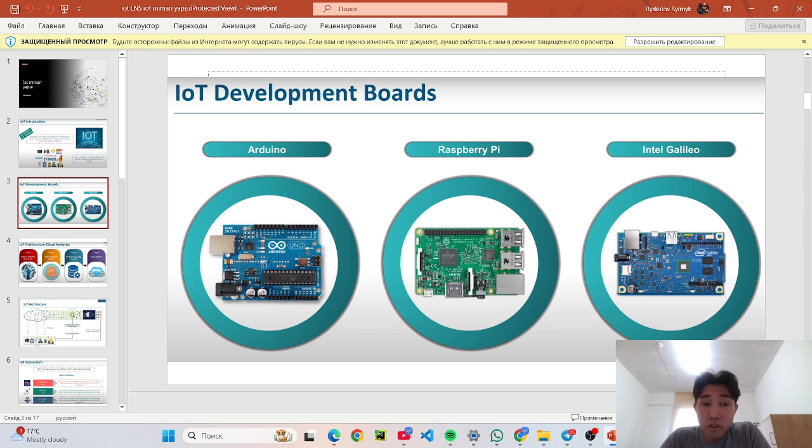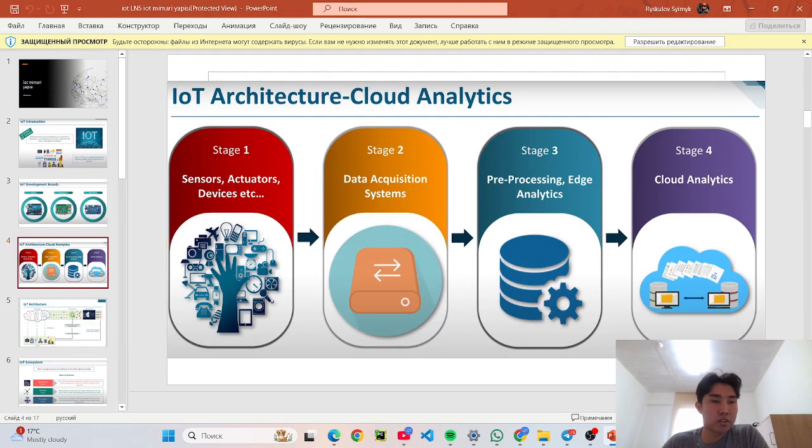Devices must be compatible, but different manufacturers use varying standards and protocols, making integration difficult. These are some challenges, such as higher data losses in IoT. So sensors are created devices. Here is the architecture.